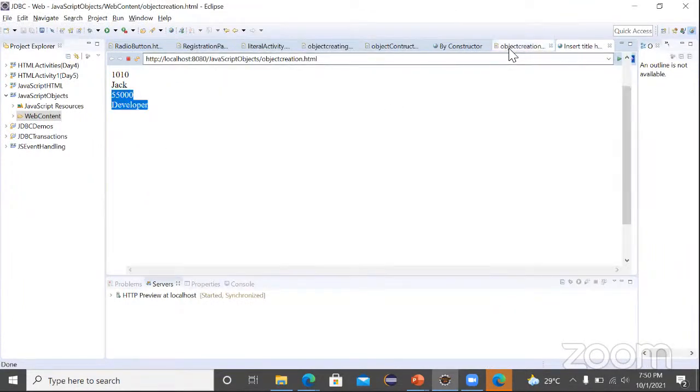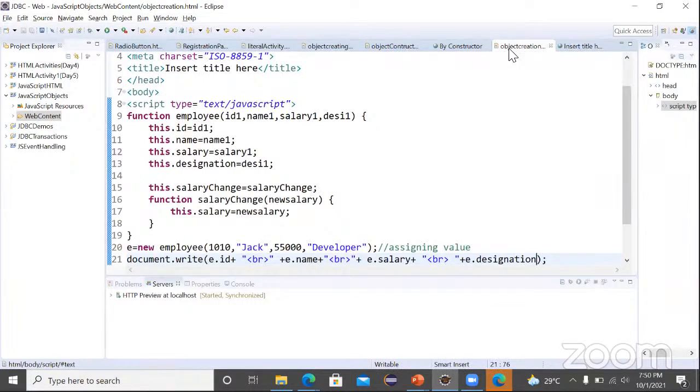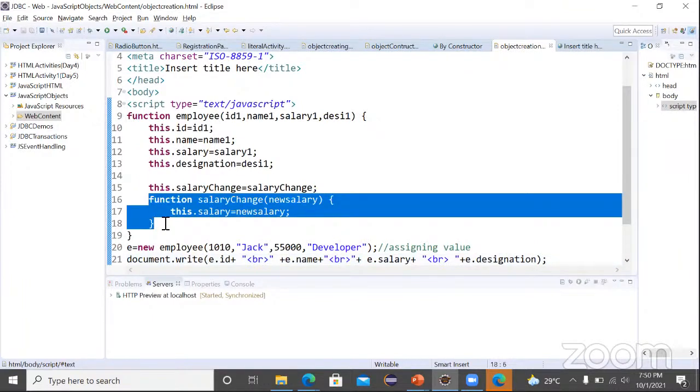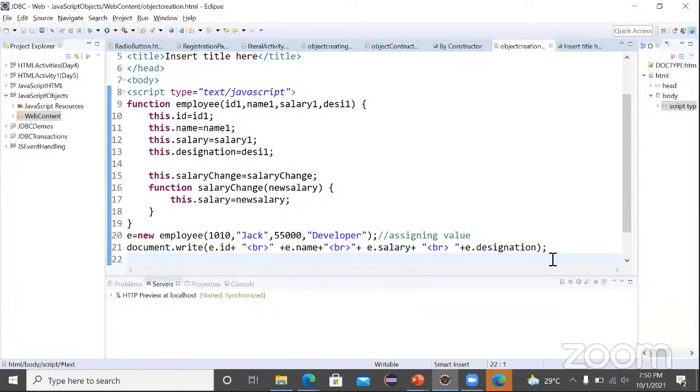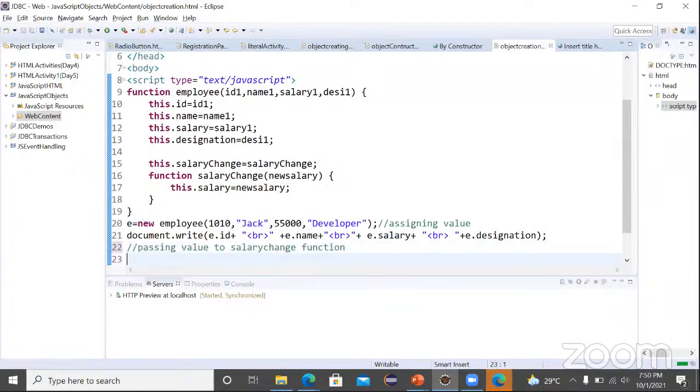So now let's try to pass value for this function, the function which is there in line number 16. So let's pass the value. Let me use a comment here: passing value to salary change function. Okay, so now call that function